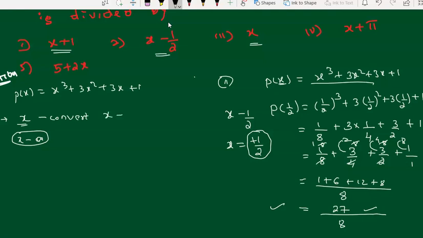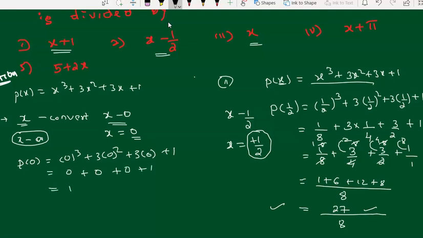How can you write this? x minus 0. In place of a is a constant term, we can have anything. 0 is also a constant. Now it is looking like this form. Let's find out the value of a. So now the value of a is 0. If you put this value here, you will get a remainder. P of 0 is equal to 0 cube plus 3 into 0 square plus 3 into 0 plus 1. Here 0 cube is nothing but 0, 3 into 0 square is 0, 3 into 0 is 0, plus 1. So your answer is plus 1. I hope you understood this.